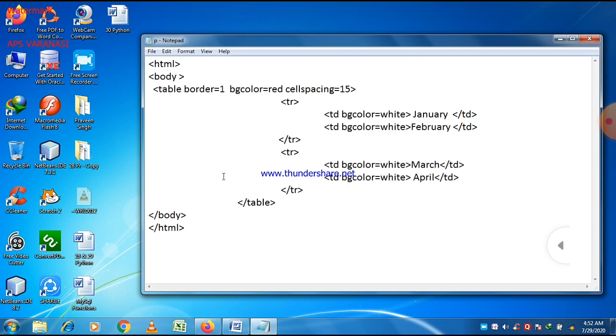I just perform a copy and paste operation here, because it takes some time. You can write a program in Notepad directly.